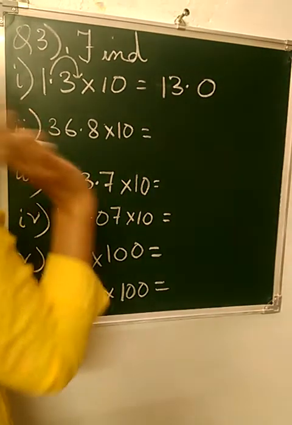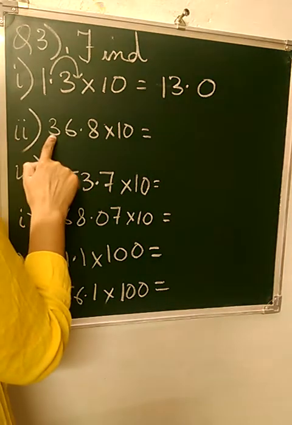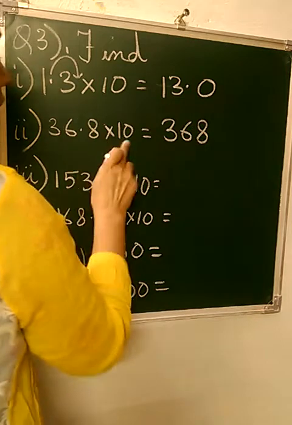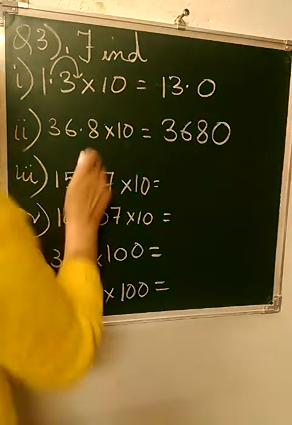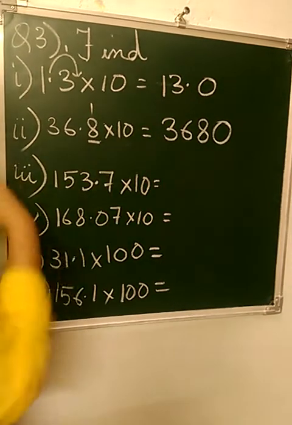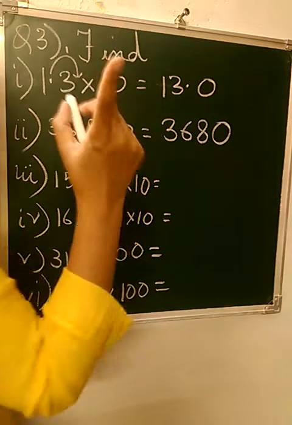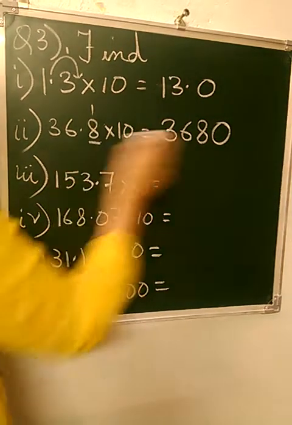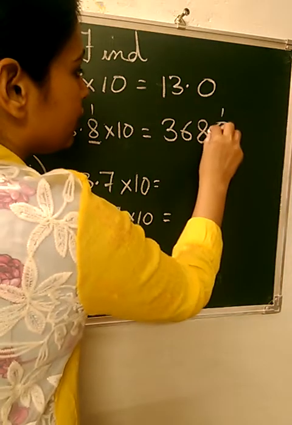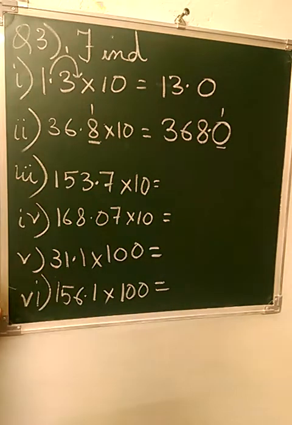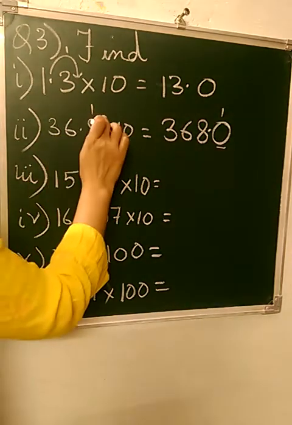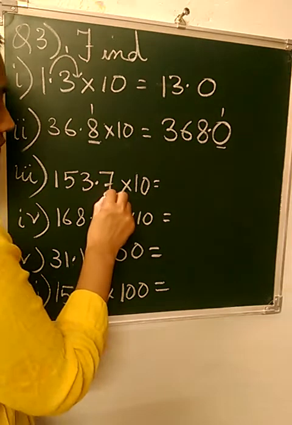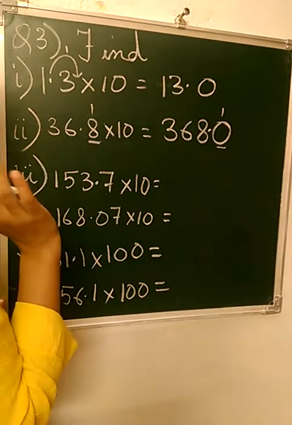Now also there is one more method which I'll teach you now. 368 and 1 0. Now how many decimal places? Only one. The same way, which I was saying right now, that we were shifting the decimal. See, one decimal place. So here also one decimal place. So decimal will come here. Now you see, this is shifting. Decimal has come this side. Similarly, either of the two methods you can use.